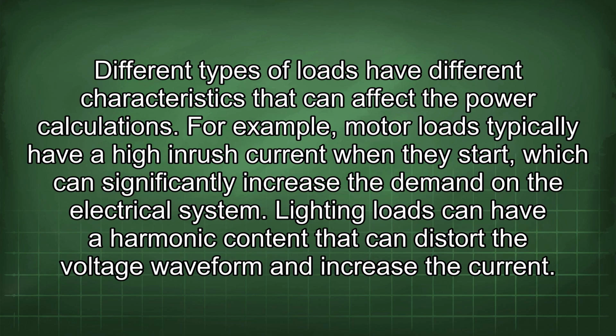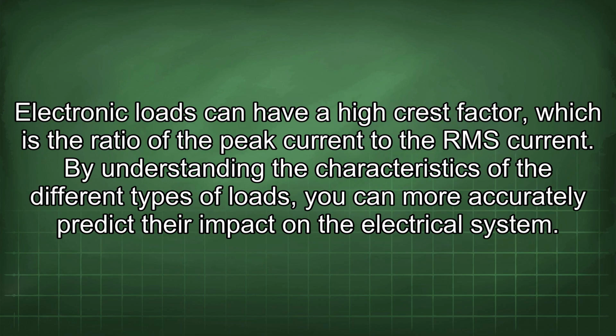Another important consideration is the type of load being served. Different types of loads have different characteristics that can affect the power calculations. For example, motor loads typically have a high inrush current when they start, which can significantly increase the demand in the electrical system. Lighting loads can have a harmonic content that can distort the voltage waveform and increase the current. Electronic loads can have a high crest factor, which is the ratio of the peak current to the RMS current. By understanding the characteristics of the different types of loads, you can more accurately predict their impact on the electrical